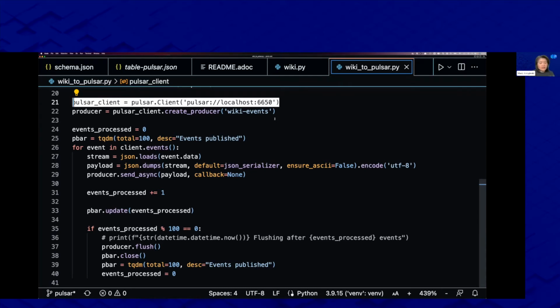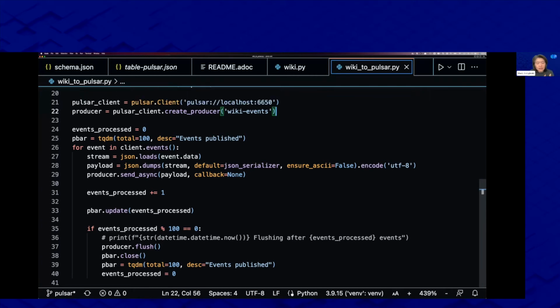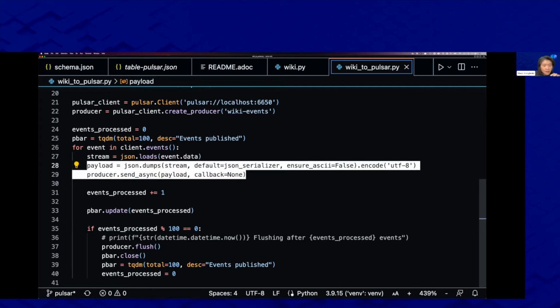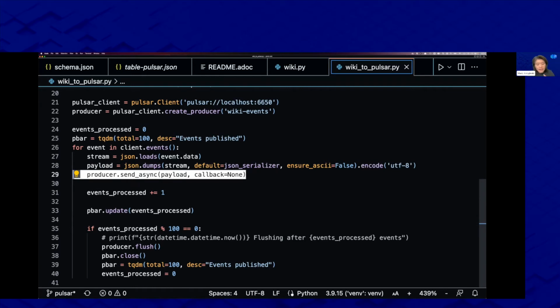So okay, and then the way you do it is actually not very complicated at all. You can do a Pulsar client. Once you get the handle, then you can create the producer. Essentially, you're telling which topic you are going to publish to. So in this case, it is wiki-events, right? And so over here, when you're publishing, all you need to do is just do the publish in here. And notice in the for loop in there, you set up your stream, and then you set up your payload. And then when it comes time to send, you can just do a producer. The client can do a send_async, or if you don't use send_async, there's also send.